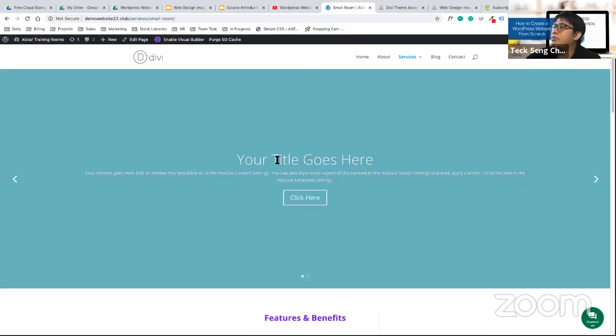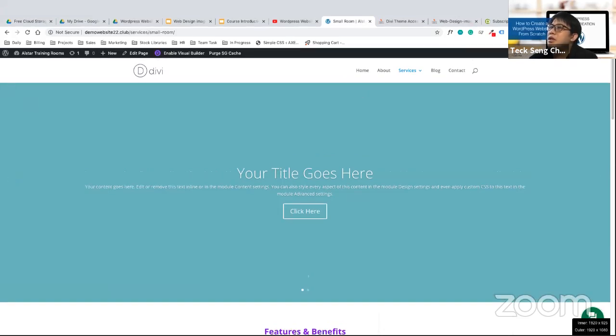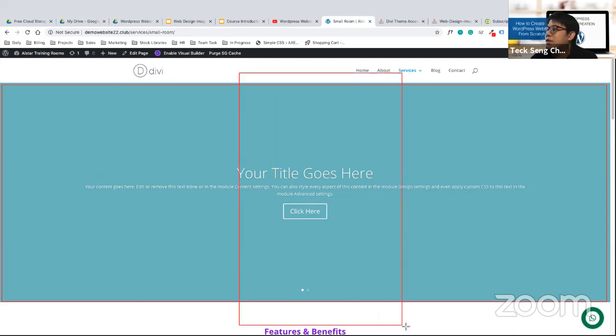Now I just want to explain a bit on the image selection. This part is going to be a landscape image. Try not to choose an image that is portrait, because if it's portrait, you can only select a certain portion of the image itself, which ends up not being very nice. If you want to put in a landscape image, you should look for a landscape image itself, not a portrait image.